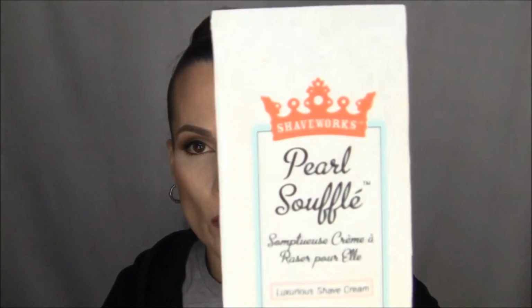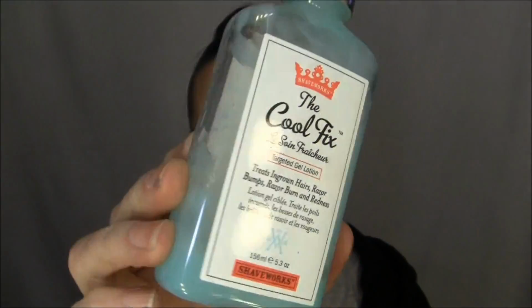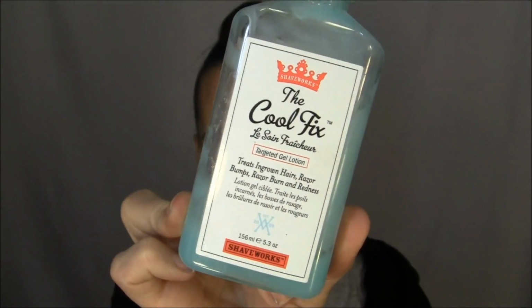So the product I'm talking about is this one here, Pearl Souffle. The kit that I bought actually had this in it. This is the shaving cream, and then it also came with this. It's called the Cool Fix Targeted Gel Lotion. It treats ingrown hairs, razor bumps, razor burn, and redness. And you can see that I've used the heck out of this. And then it also came with another smaller,